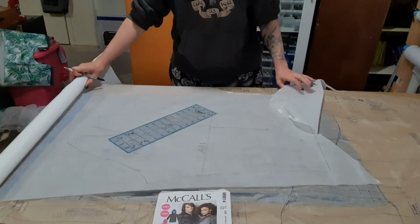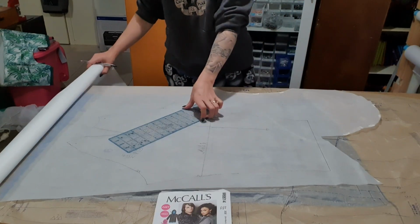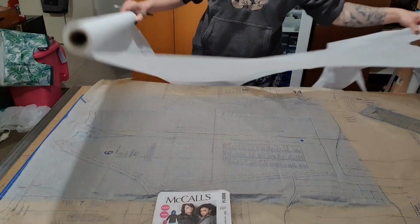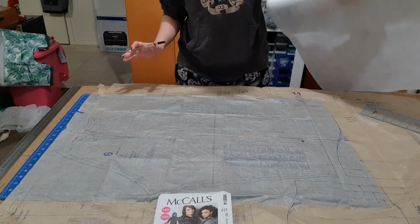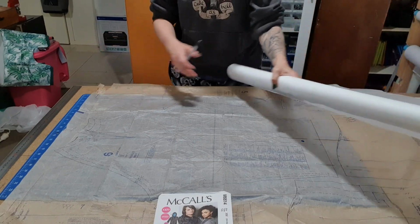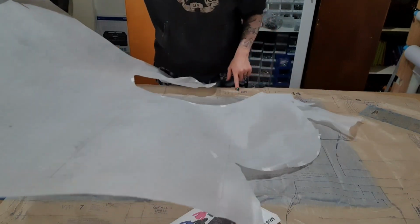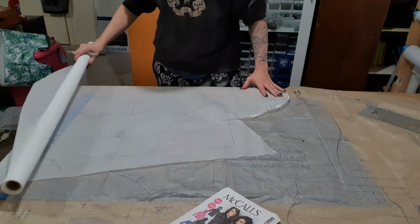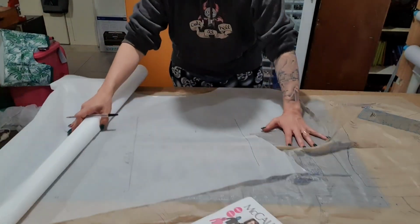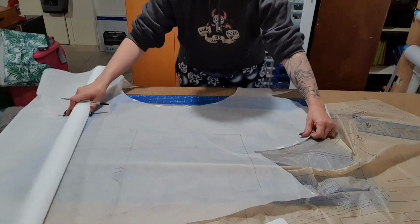And then what I would do is I would go and see if I could find a smaller piece to use in here. You can buy this in rolls from Spotlight or by the meter. I always buy it in a roll because I use so much of it. So I'm going to just continue with all the pieces. So the next piece here is a back piece that I reckon I could probably squeeze into here with some maneuvering. So I'm just going to push the pattern and then line it all up